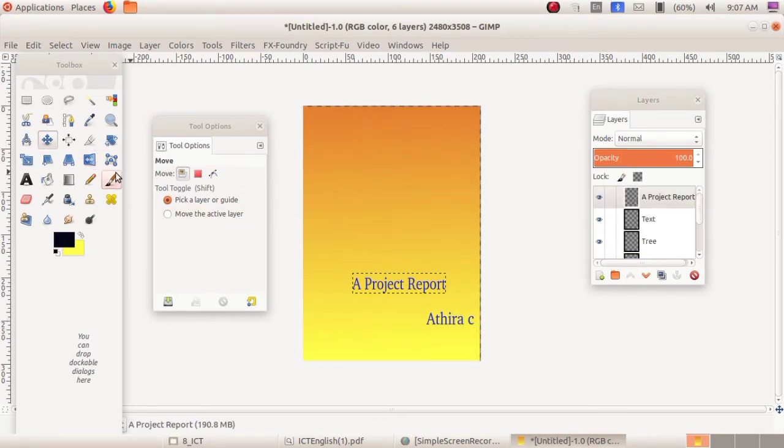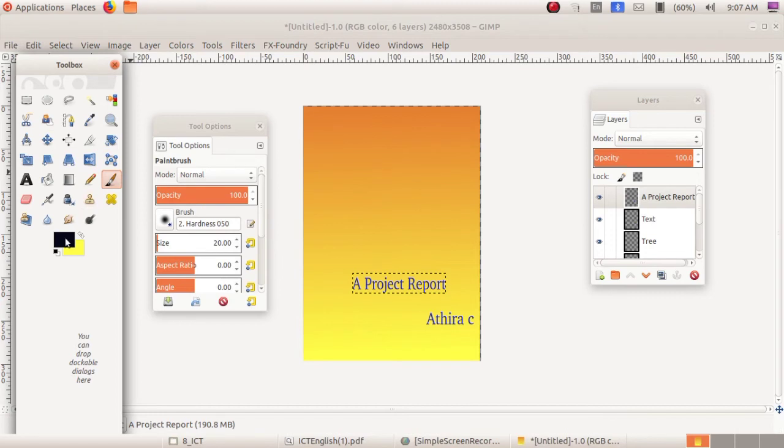Okay. Select the paint brush tool. Change the color to black color. Here you can adjust the size of your brush, of your paint brush. Okay. Here is the opacity. What is mean by opacity? Yes, the depth of the color. If you are reducing the opacity means it will be transparent. Okay. If you are increasing opacity, you can see the thickness of the shapes. Okay. Now I am just drawing a tree.